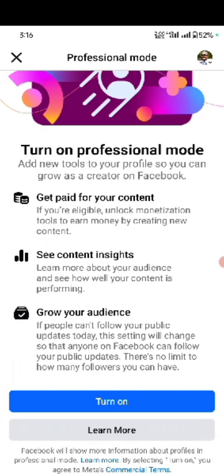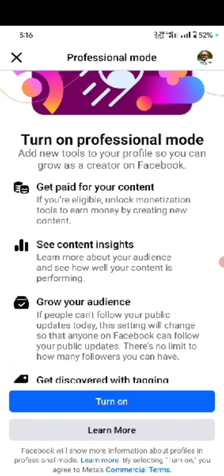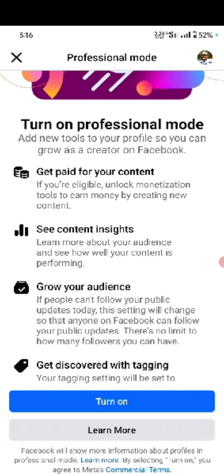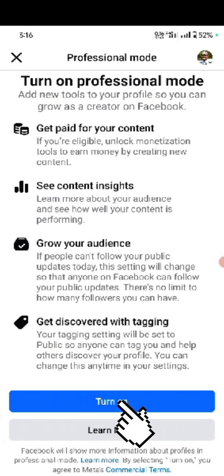So if you really want to work as a content creator, you have things to create, you have something to showcase to the world, and you will need Facebook to monetize you as a Nigerian or wherever you are, you just turn on your professional mode rather than building a fresh Facebook page, which is not easy to get followers for. Let's say on your profile, you already have like 5,000 followers. Immediately you turn on professional mode, it gives you 5,000 followers, right? So you click on turn on,